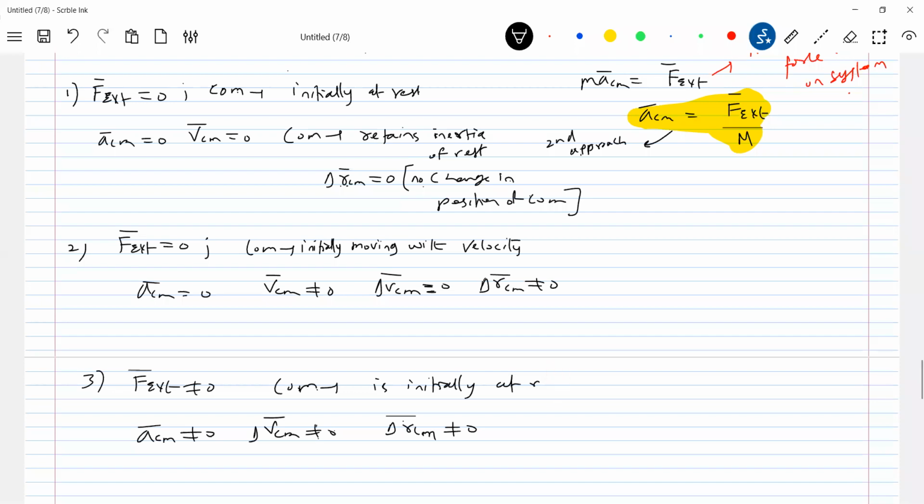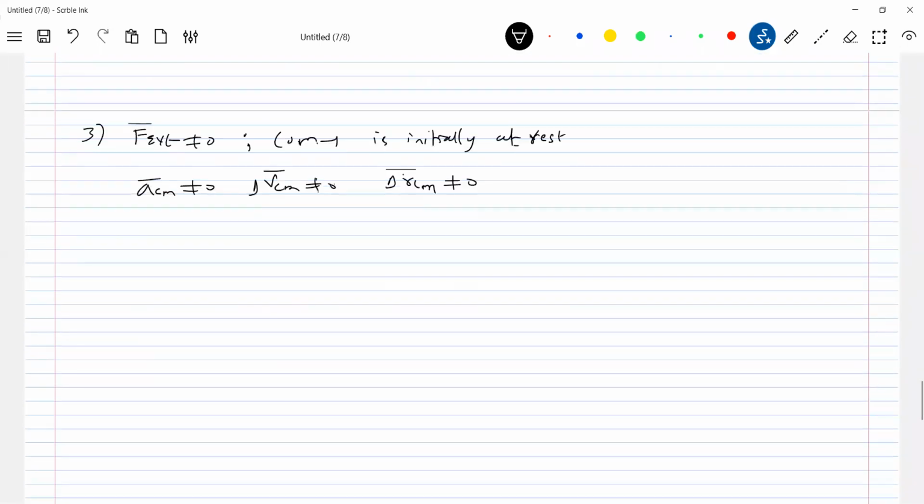Now you may ask, we have already discussed laws of motion, so what is the necessity of center of mass? Again, our preparation is for rolling mechanics, rotation mechanics, and collisions. In collisions, if you do the problem in center of mass frame, calculations can be minimized. That is the purpose of why we are introducing this concept of center of mass here. So the first approach, second approach. Let me give one very simple problem.